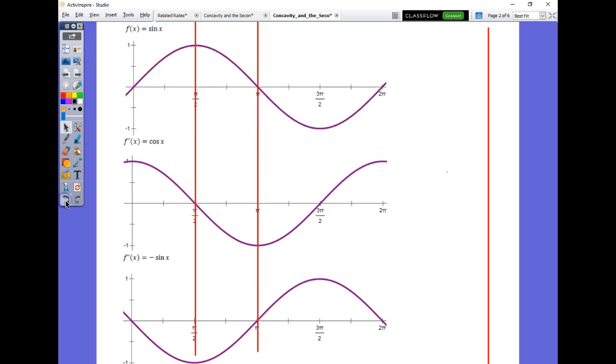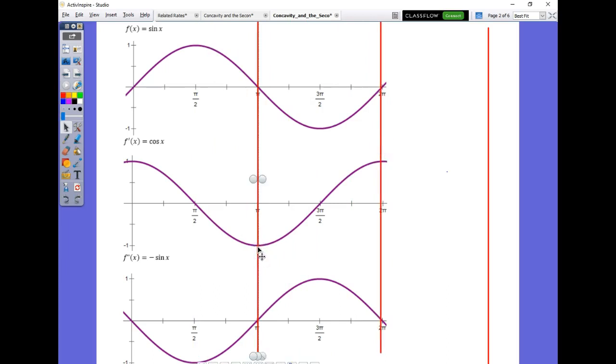Likewise, if I grab this and look at the concave up section, you'll notice that on f prime between pi and 2 pi, this function is decreasing, negative slope, but then you can see that our slope is increasing. And during this entire region where my slope increases, you can see that my function, f of x, is